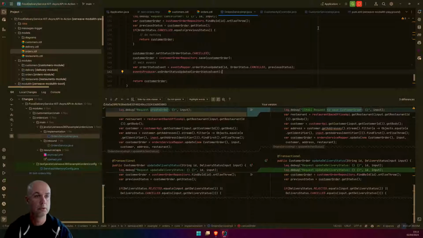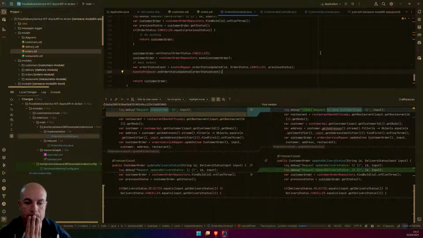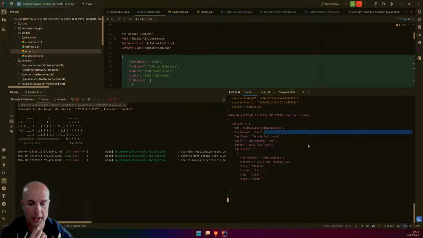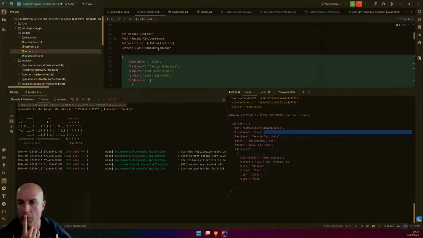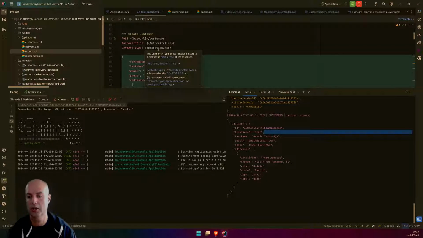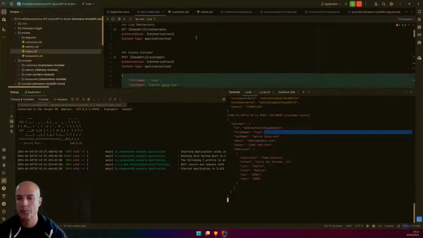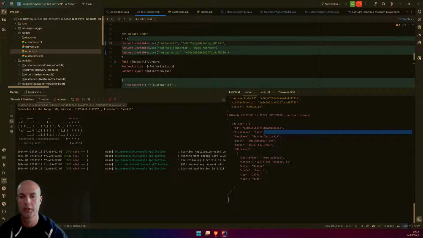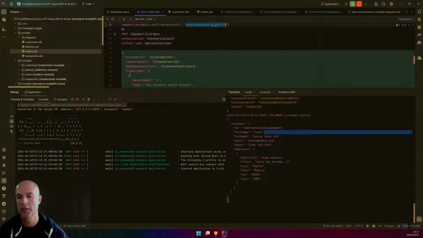So now, what I want to do is to stop the application and start it again, to show you, let me bring this logger here, that we can still create orders and we can still advance the orders and cancel the orders. So create, here it is, create order for this customer at this restaurant with these order items. So I'm going to hit send.